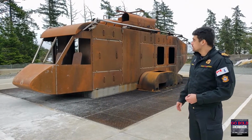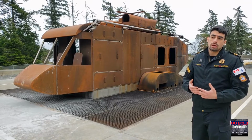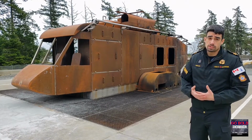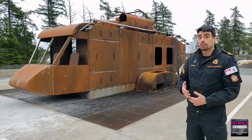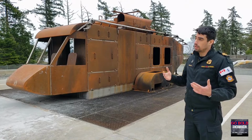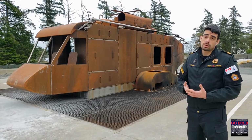Behind me is the Cyclone trainer that we use to train sailors on helicopter fires. So in the event of a helicopter crash on the flight deck of a ship, there's most likely going to be a fire, and there's most likely going to be people inside the helicopter. So we need to train in a safe environment how to extricate these people from the helicopter as well as